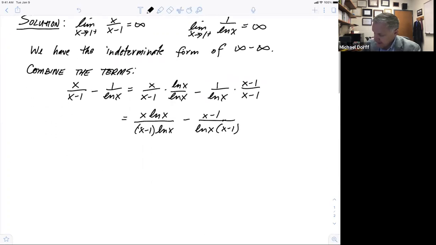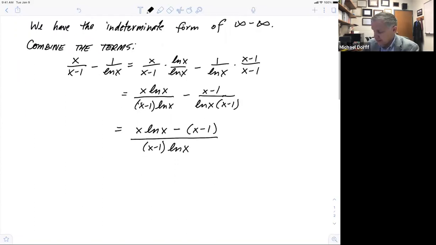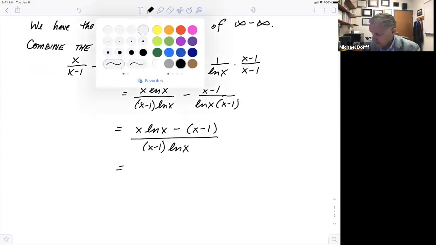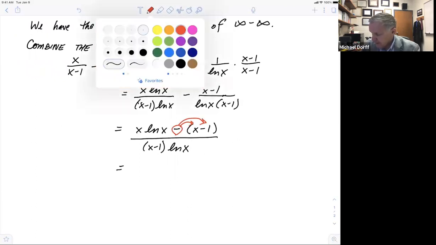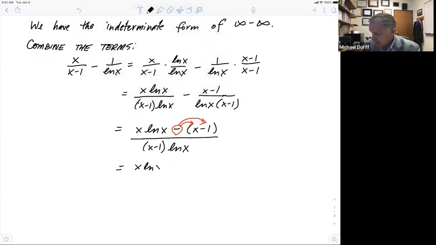And now when I combine those together, I get x natural log of x minus, now be careful here, you have a minus in front of that next expression. So I'm going to put it in parentheses because it's subtracting the whole thing on the top. And my common denominator, I will put there in the bottom. And so when I distribute this negative, it goes to both of these terms here. It's now going to give me x natural log of x minus x plus 1